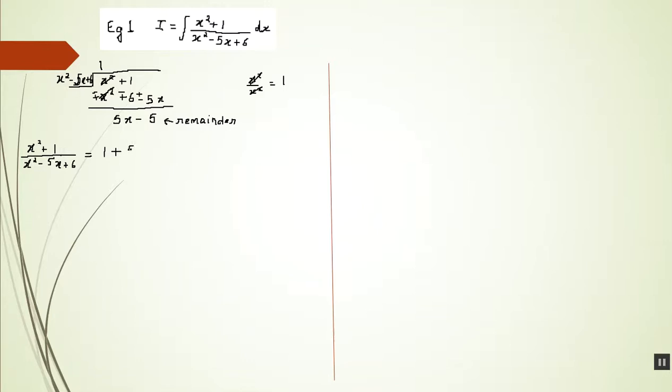Remainder is 5x minus 5, and the divisor is x square minus 5x plus 6, right? Therefore I will be equal to